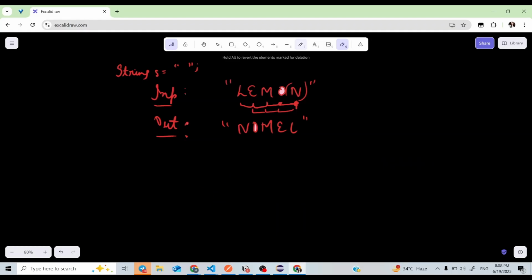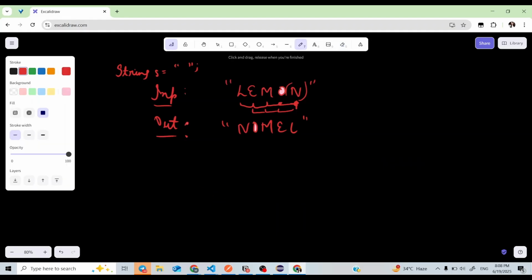And the next thing you can do is, suppose this is the string now. So what is happening here? This is our output. If you see carefully in the output, these characters are exchanged. L is coming at the place of N, and N is coming at the place of L. The first character is coming at last, and the last is at first.